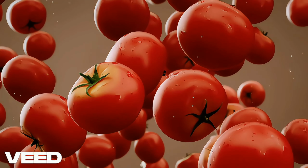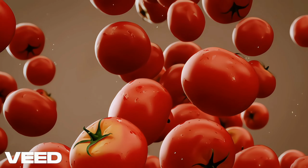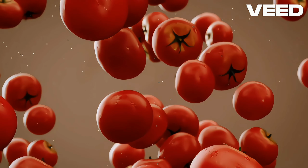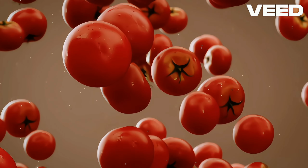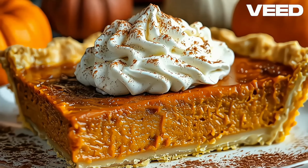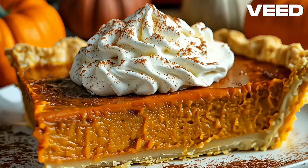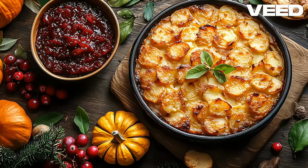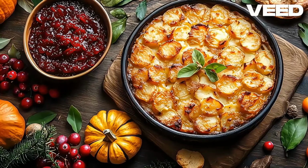I'm going to see if I can create the most delicious fall harvest meal using just one pot. Let's get cooking. The idea of cooking a hearty fall harvest dish using seasonal ingredients is incredibly appealing, and what's even better is that we can do it all in just one pot. Imagine being able to combine all the flavors of fall into one convenient, easy-to-make meal that's perfect for a busy